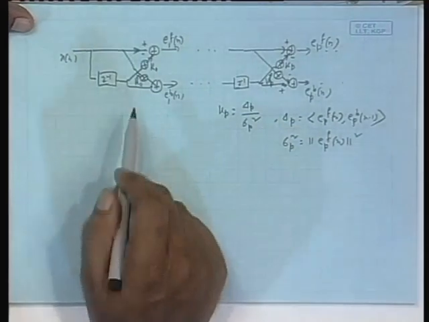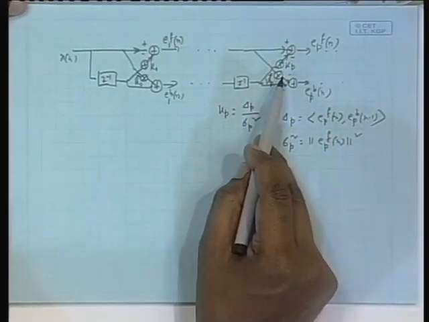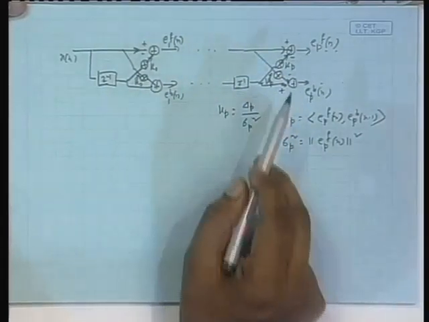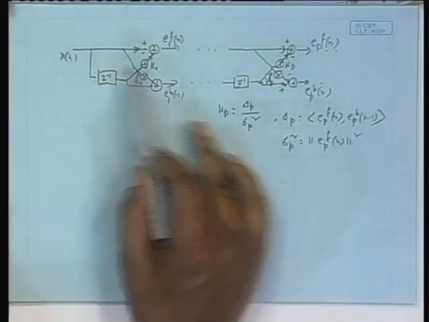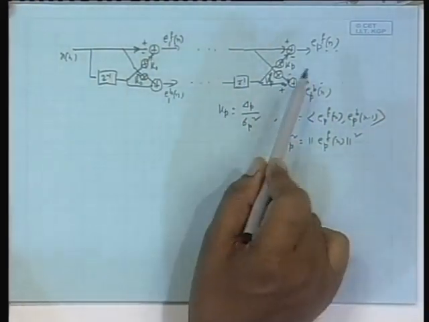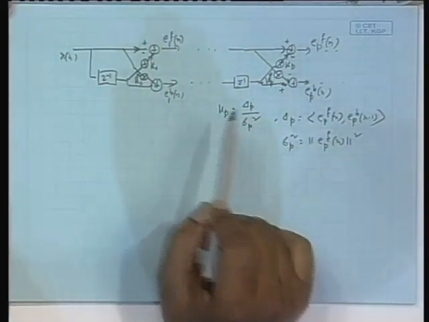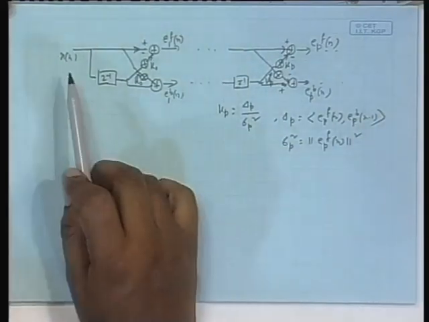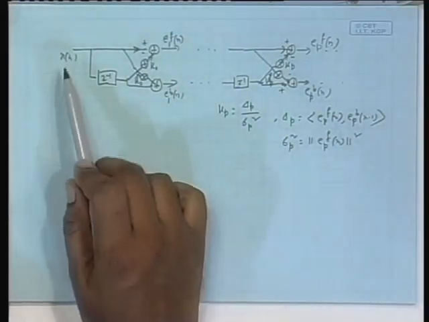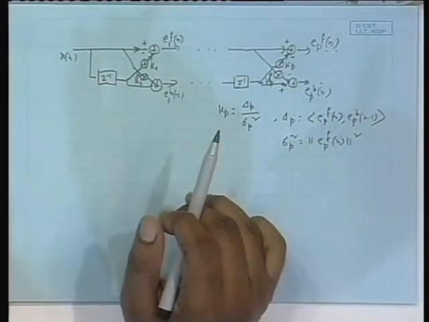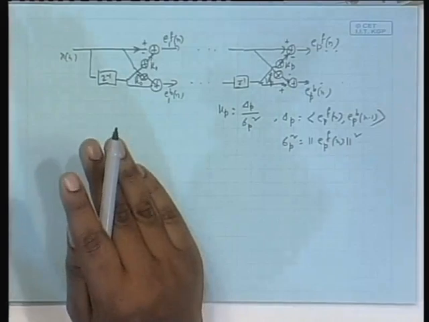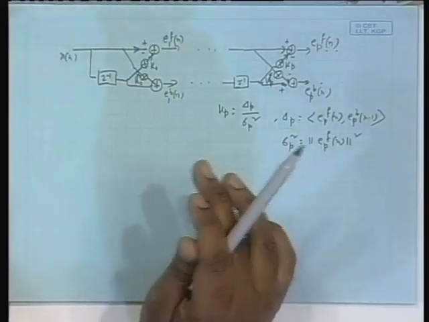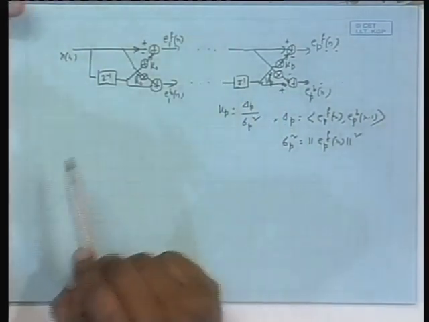Okay. So, the multiplier coefficients, which are also called reflection coefficients, K P is the pth stage reflection coefficient. Once these are known, you can always construct the lattice and go on filtering x n, and you get the prediction errors for various orders, for both forward and backward. But before that, you have to obtain these multipliers. What will be given is the statistics of the process, of course x n is zero mean. So you will be given only the autocorrelation function, or at least many values of the autocorrelation function for many lagged values. Using that only you have to construct these.